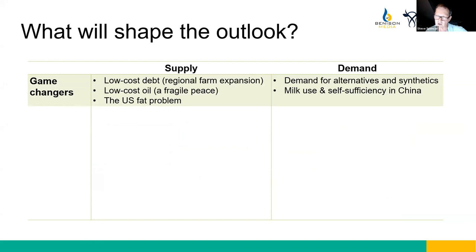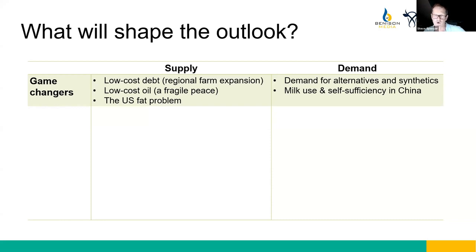On this page, I've hopefully tried to break these down into things which I think are really game changers that might evolve over time. So things that might have a greater impact. Money is going to be cheap for a long time. And so regional farm expansion where capital is readily accessible and dairy growth can occur on farm is something to look for. So I think the US is a primary target there, but there'll be other new horizons where we'll see farms develop with greater degree of funding.